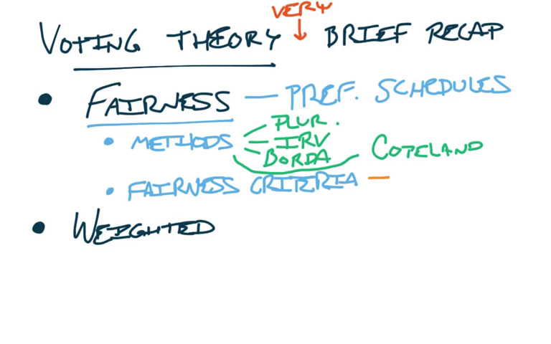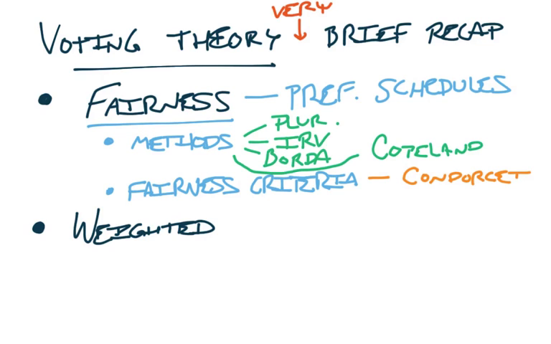The first one we ever mentioned was Condorcet. And remember, these fairness criteria are hypothetical statements, right? These are like what should happen in an ideal world, a way of measuring fairness in an election. All right, so what Condorcet said was that